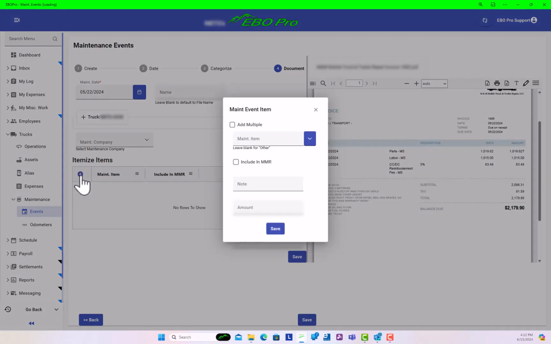So you click the plus sign here. If you're doing a maintenance plan on this truck, you're going to have maintenance items set up here, and you're going to choose one, and then you're going to check whether or not you want the MMR. We're doing MMRs. This is about MMRs, so of course we're going to check that. But this is a PM, and I don't want to have to type in the long thing that FedEx requires,